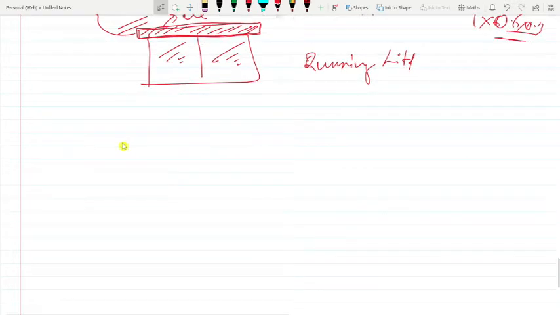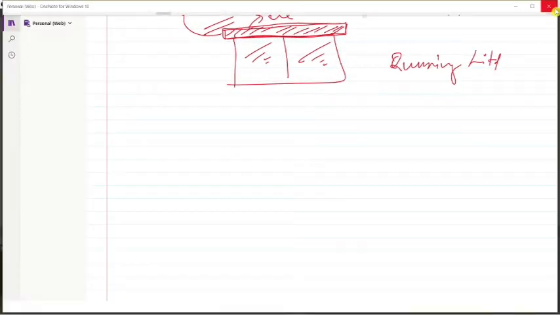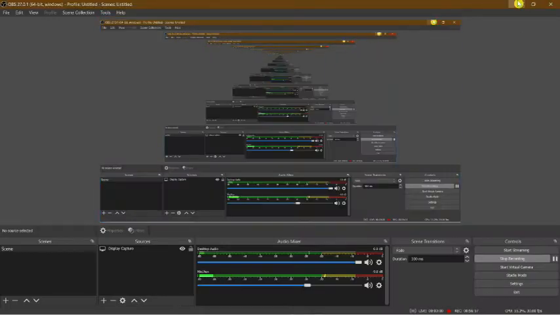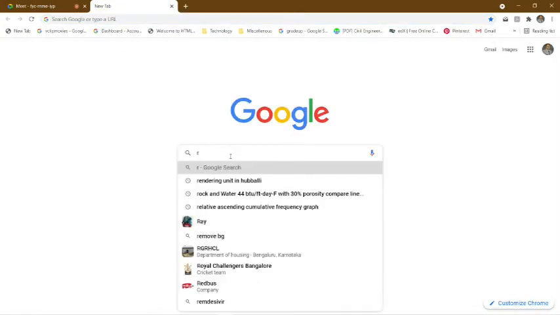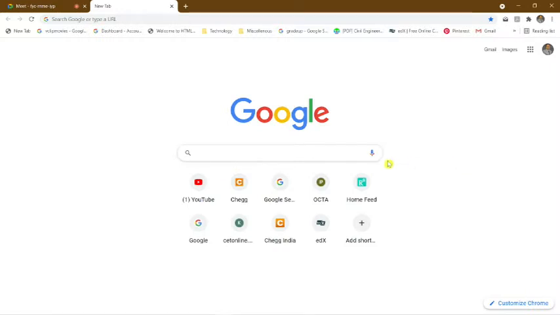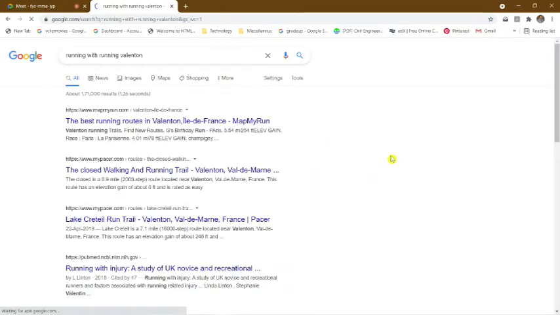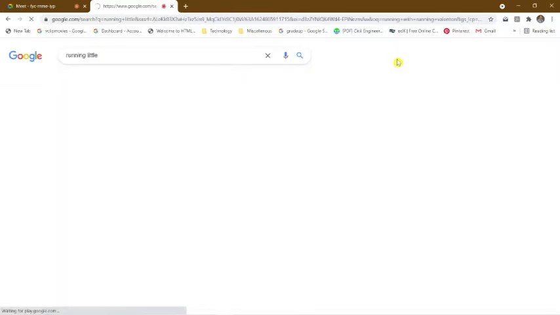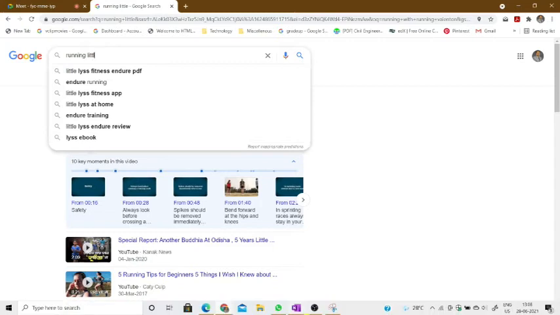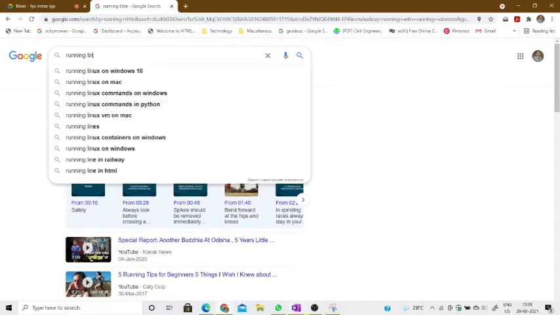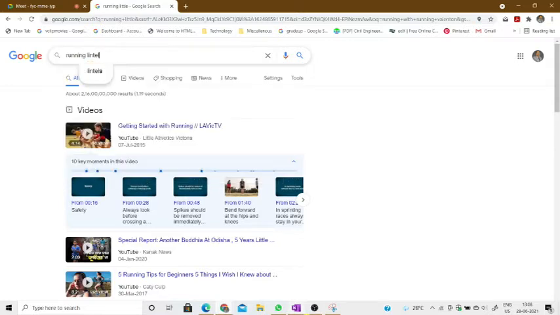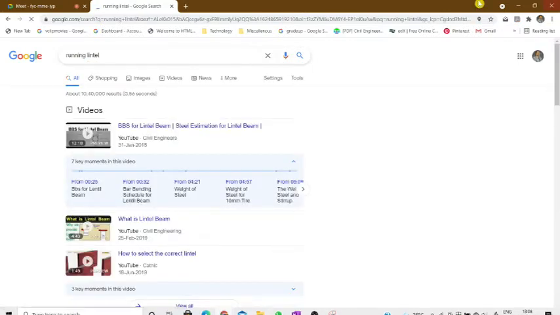I'll just show you on the internet what the difference is between them. Running lintel. So we'll see the image here.